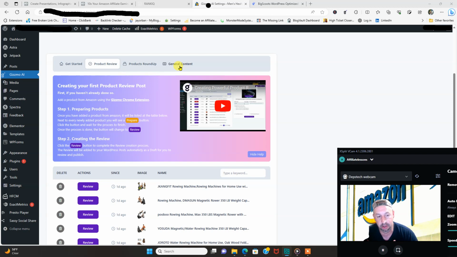Just do good keyword research, write the best of posts, do the right reviews, use the right keywords. So you need a good keyword research tool as well. You don't want to be flying blind. You want to write content that you can potentially rank for. So love the tool. Gizmo AI is awesome, and it's a great way for Amazon affiliates to increase their commissions